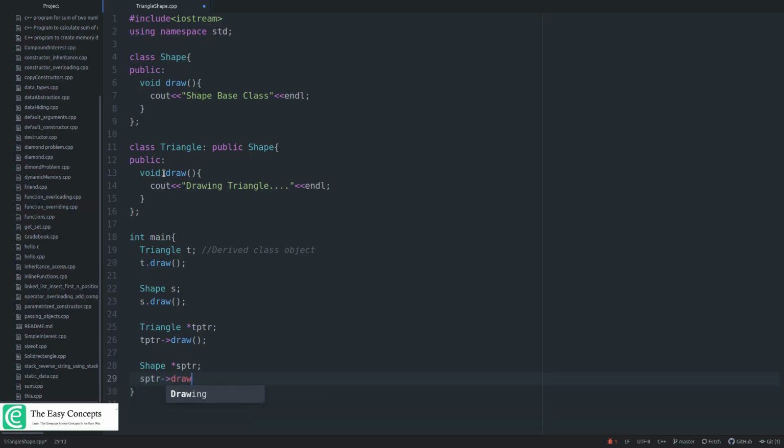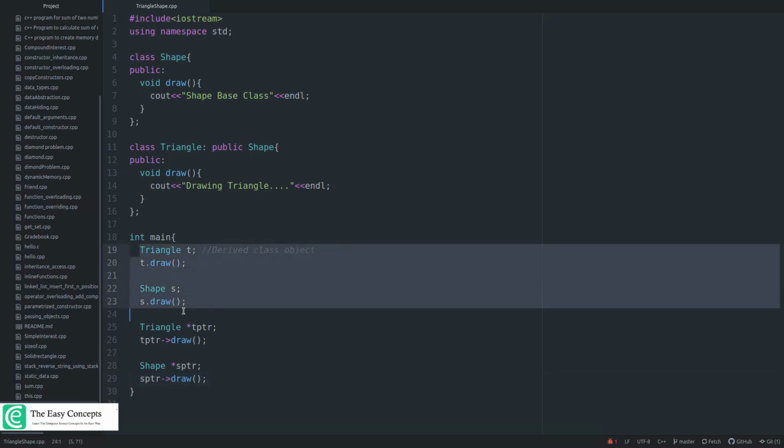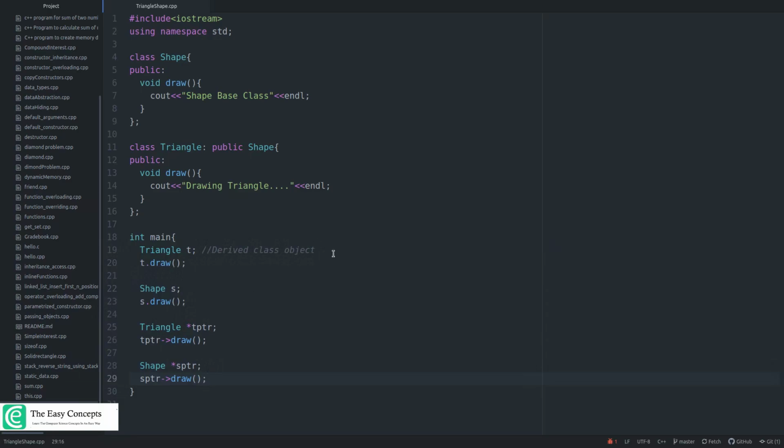So till now everything is going fine, and these functions should print whatever they are expected to print. I will just put a few lines in the comments so that it's easier for you to understand. So this is the derived class pointer, and here it is the base class pointer, right?